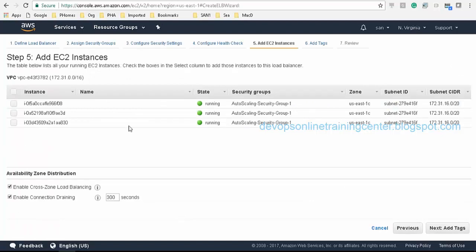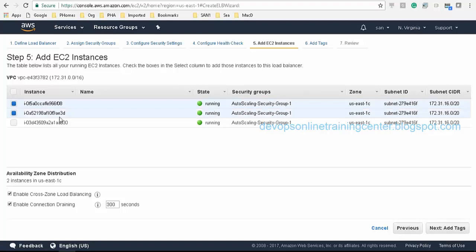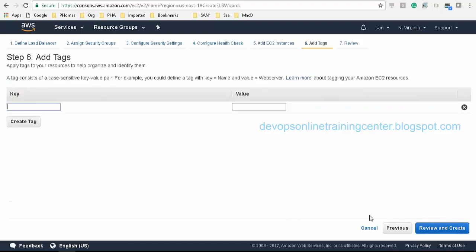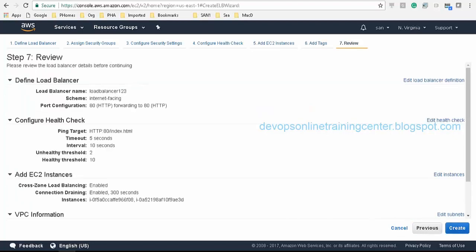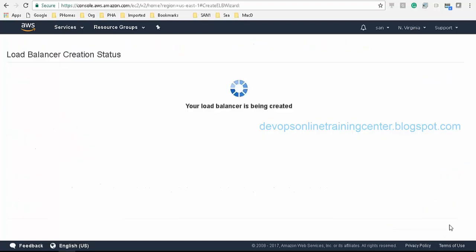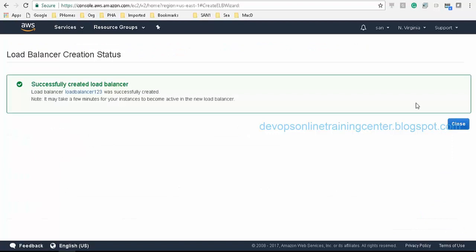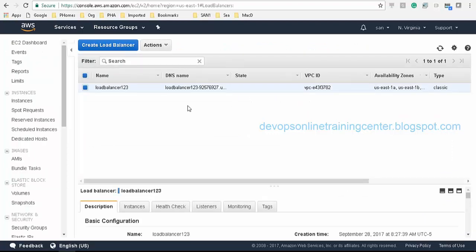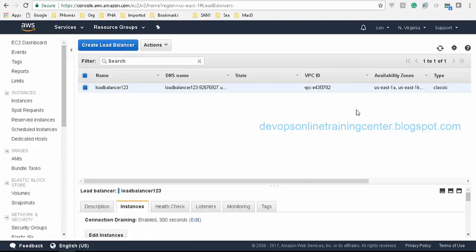Yeah, so we'll add 2 instances. Create. So there will be a load balancer that will be created, and it will show up the instances here.